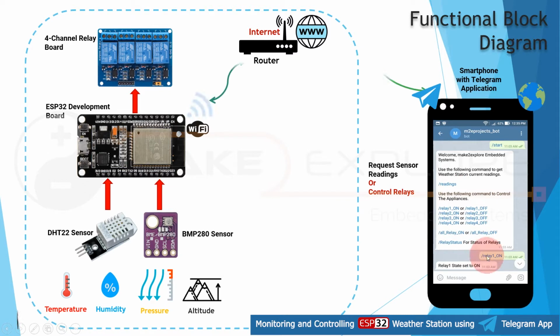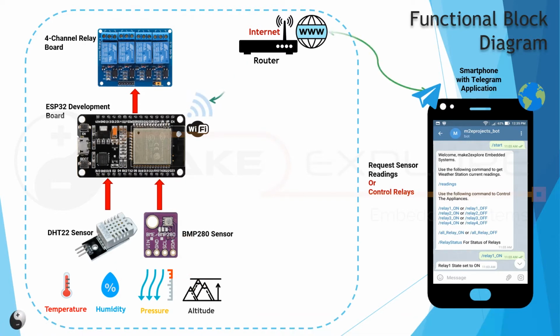You can see here we can give command like relay on, and it will switch on this relay, likewise. So in this way we can talk with that bot to fetch the readings from our weather station. Also we can send the message to the bot to control our ESP outputs from anywhere in the world. You can see you just need Telegram and internet access. So this is all the functional block diagram of this project. We'll see step by step all this procedure.